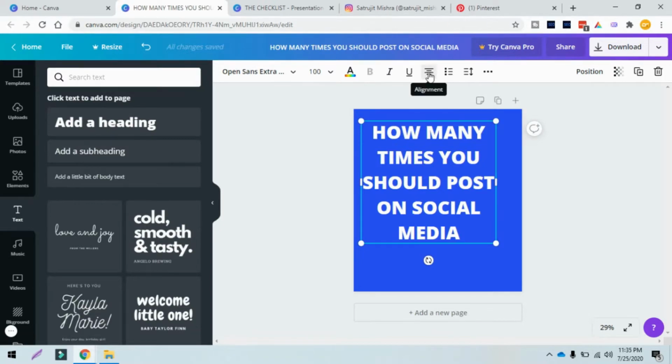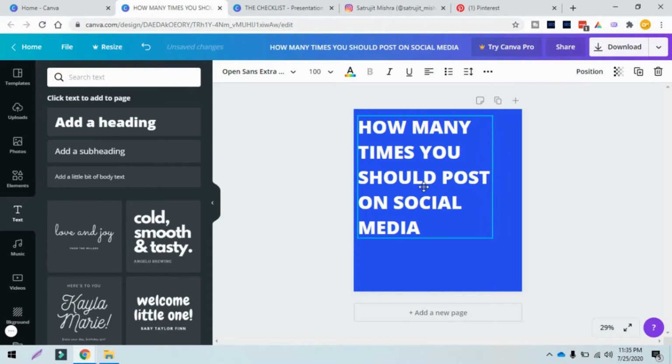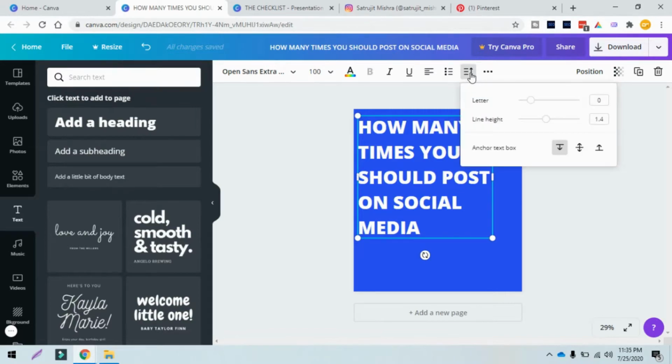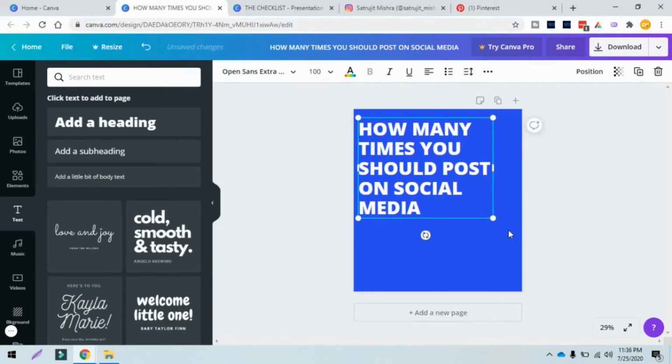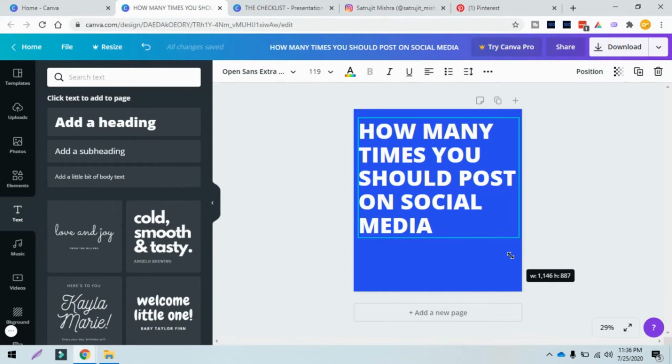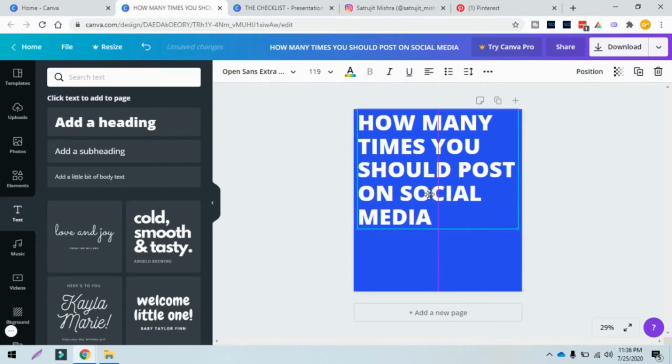Now, I use left align text. You can change your alignment. I will select all and change my alignment to left. As you can see, this is looking quite better now. And I use 1.1 text height, or you can say the height or the gap between two sentences. So I will change that. You can change the spacing over here. So I will put 1.1 and hit enter. Yep, this is the right space I was talking about. Now I will use maximum space available over here. So let's say this is the space I'm going to choose.